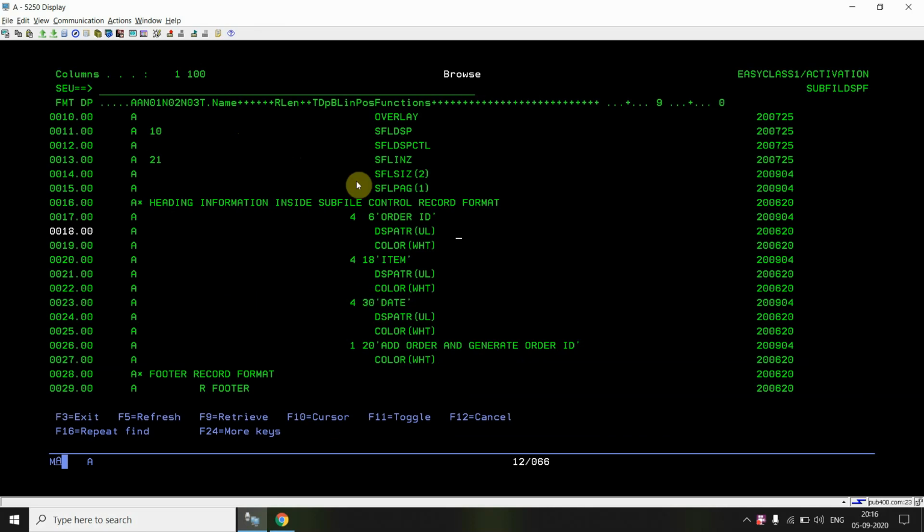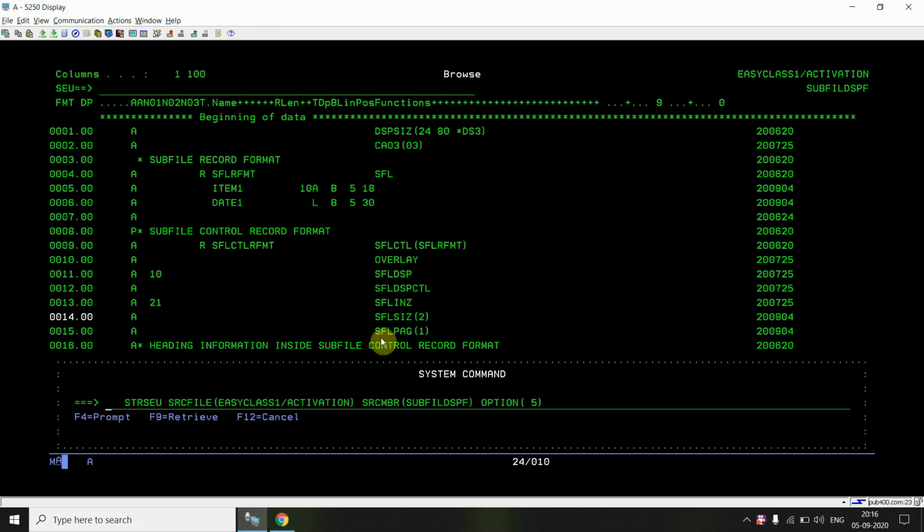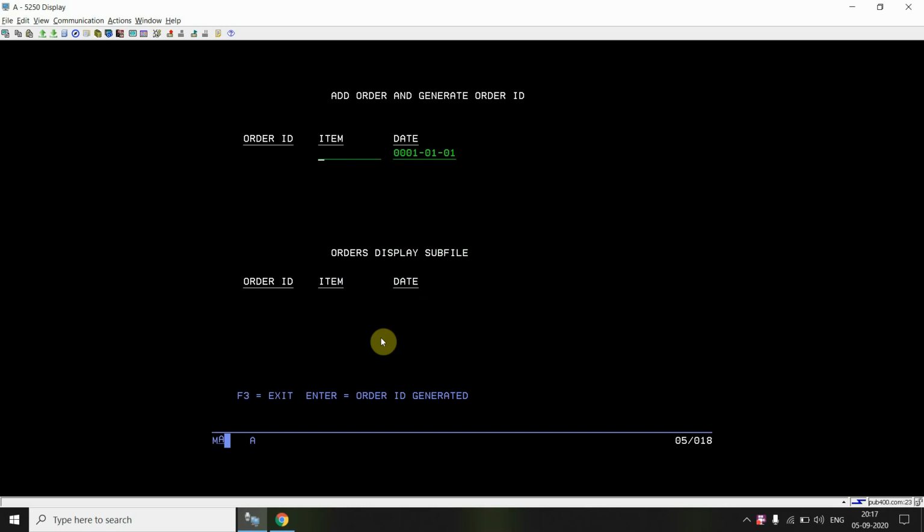Item, date. You can see what I used: overlay, SFLDSP, SFLDSPCTL, SFLINZ, SFLSIZ is 2, SFLPAG is 1. So here I can also add multiple items: item A, page down.